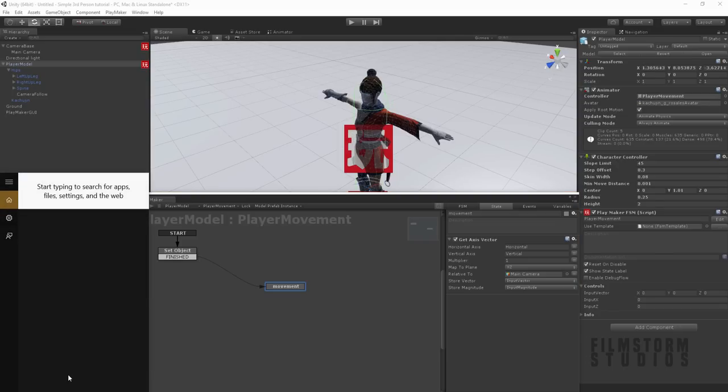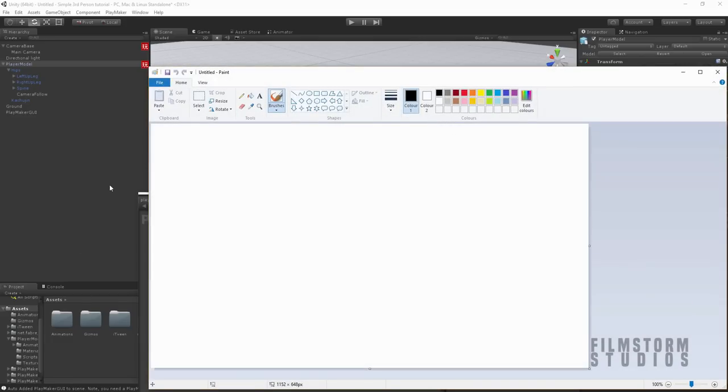Let me give you a quick demonstration. Let's say this is our player and here is our camera, and our camera is pointing this way. Wherever our camera is pointing, this is where our guy will run forward. So say our camera was moved around to the side, but our character was still looking forward.